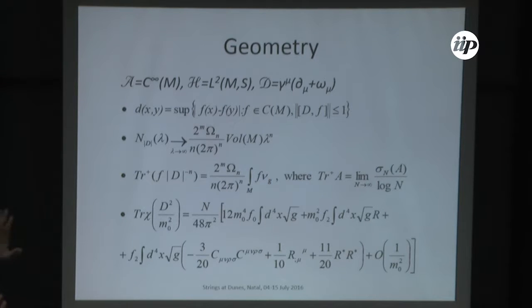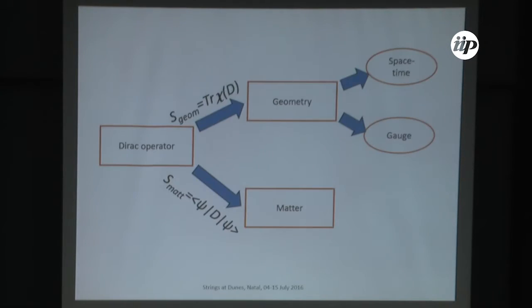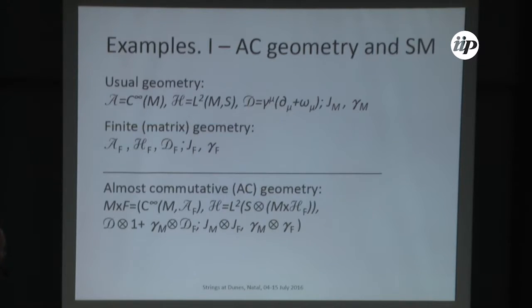So you will reproduce Yang-Mills coupled to gravity in a minimal way, and this part of the action, the matter part of the action, will of course produce the matter sector of the standard model. After that, you start fighting for details, but this is the basic idea. And because it's purely geometrical, it produces some predictions.